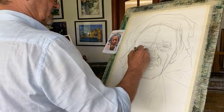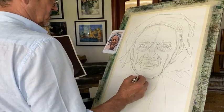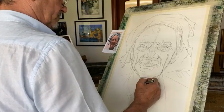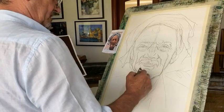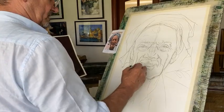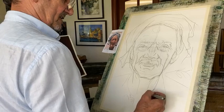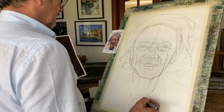creases in his face. They all go to make up the character of the bloke. Okay? And like I said, because it's an old chappie, we don't have to spend ages making him look beautiful, do we? Not trying to make him look beautiful. Anyway,